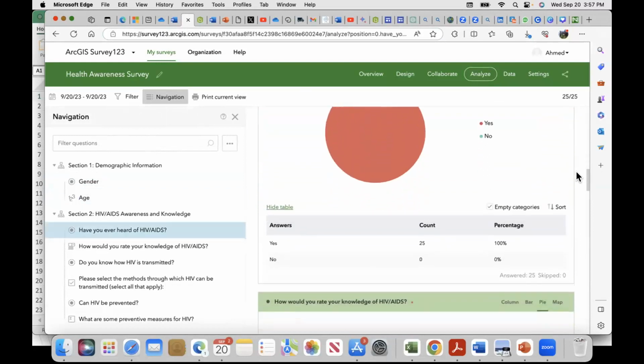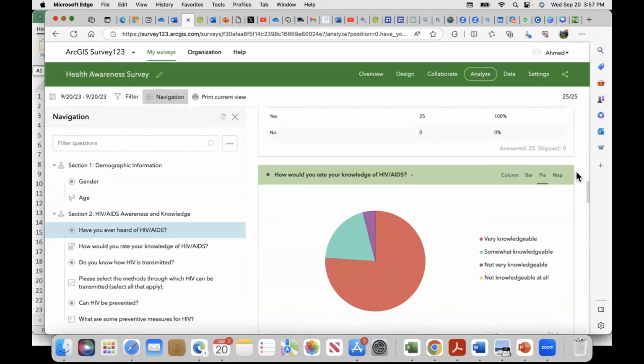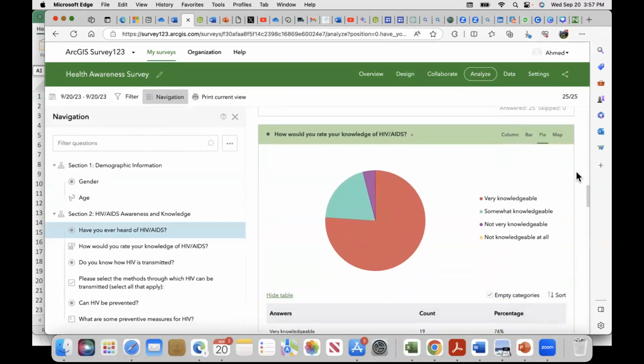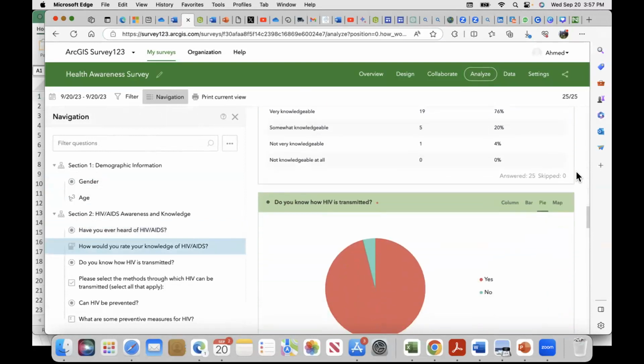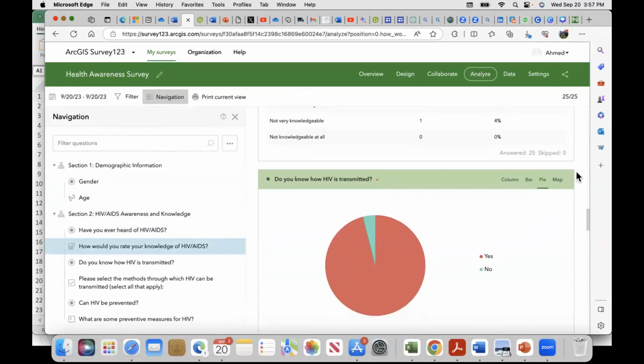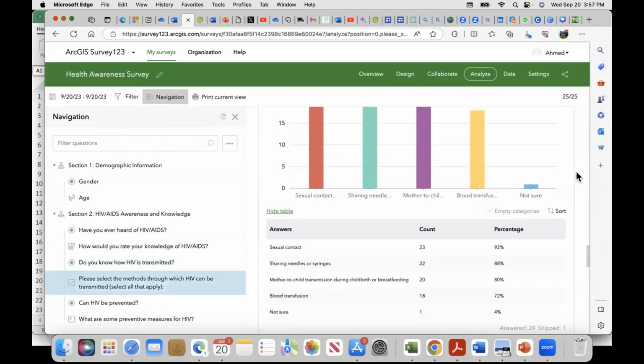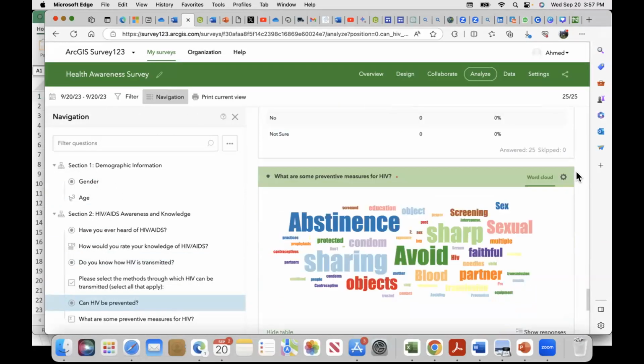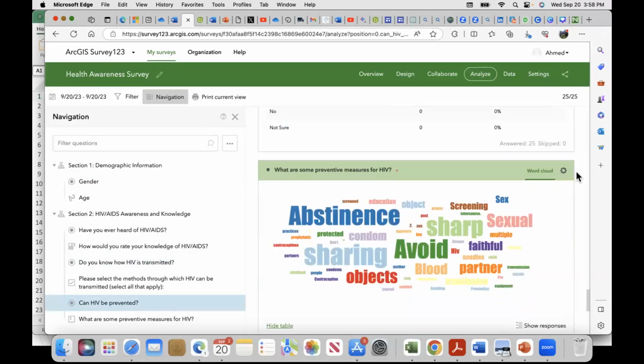Okay, everybody has heard about AIDS. Knowledge base of HIV/AIDS. How is that transmitted? What are some preventive measures? You can see it's also giving us a word cloud available to us.